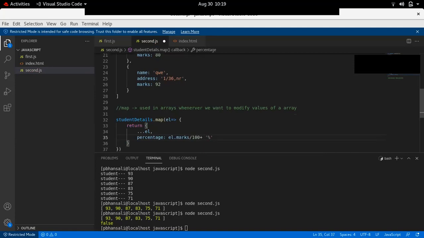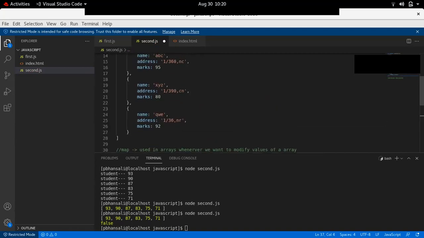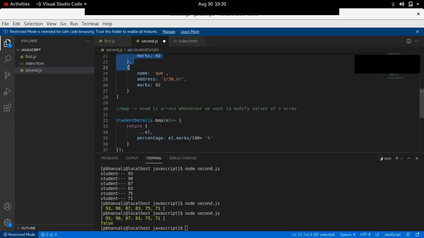Only this line of code you have to write. When it iterates over this array, it will return the object as it is, calculate the percentage also, and add it to every object.